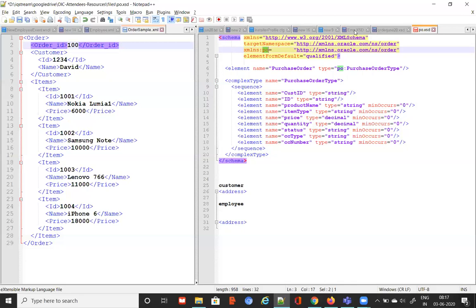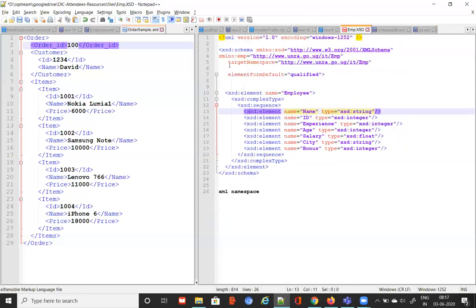If you go back to EMP XSD also, we're having that. We're having one XML NS, you can see like this. Same, but this employee, are we referring anywhere? No. Even if I'm not referring, that's fine. You just keep it.